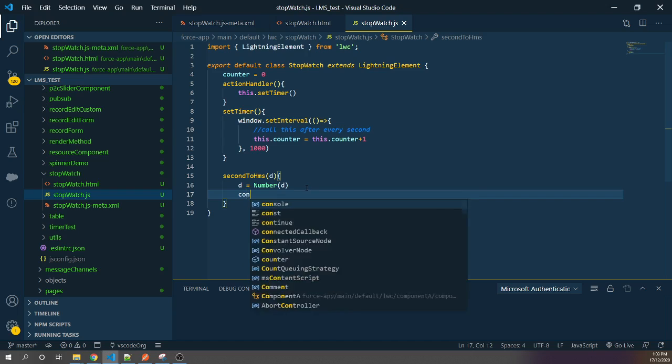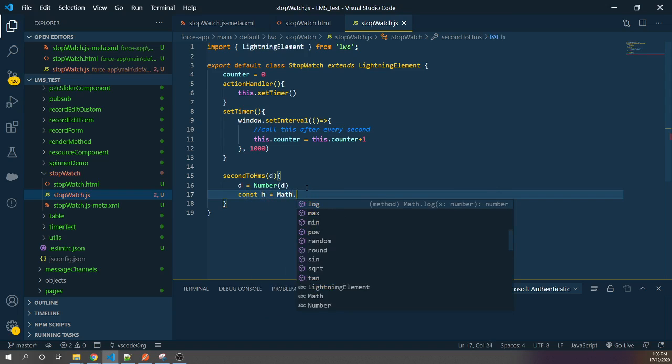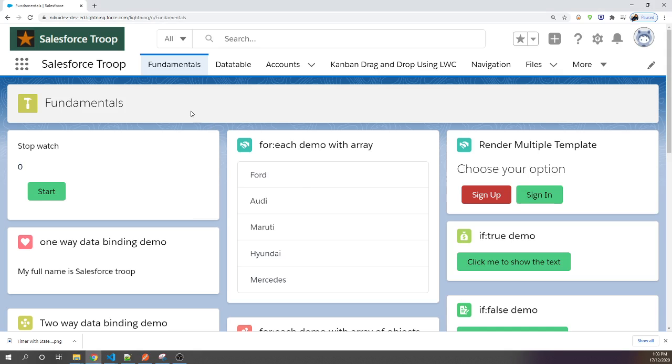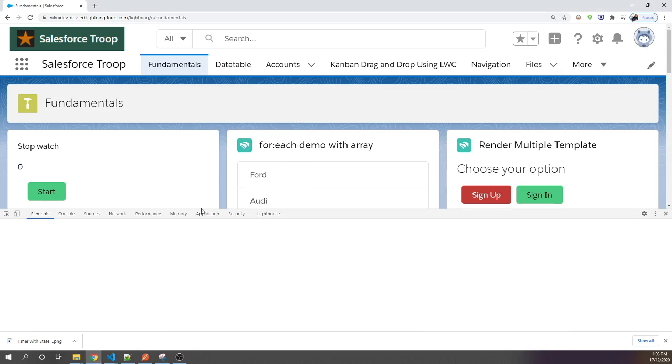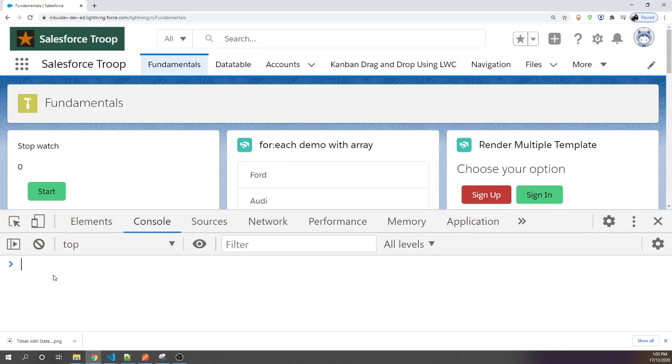And then what we're going to do is we'll say hours equal to Math.floor. It's a JavaScript method that will round down the number. I'll explain what it means. If you have a decimal part, I'll go to the console. Suppose you have a number,